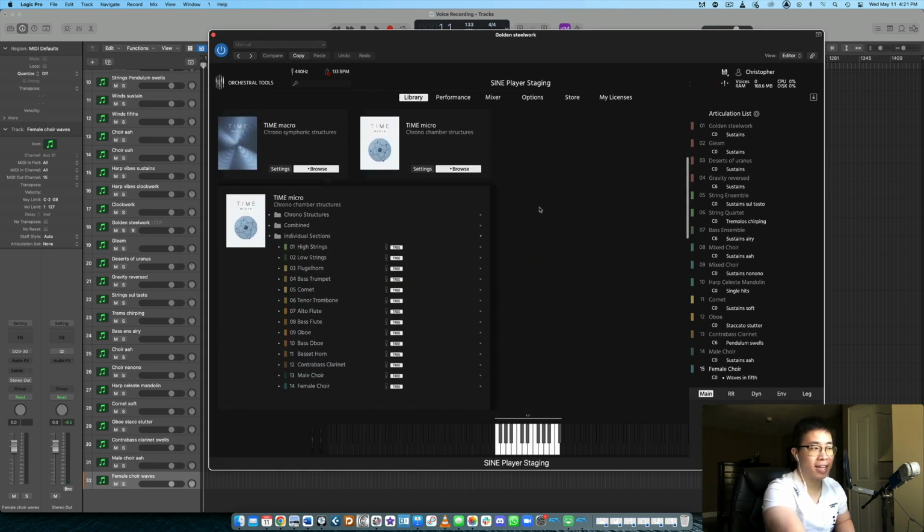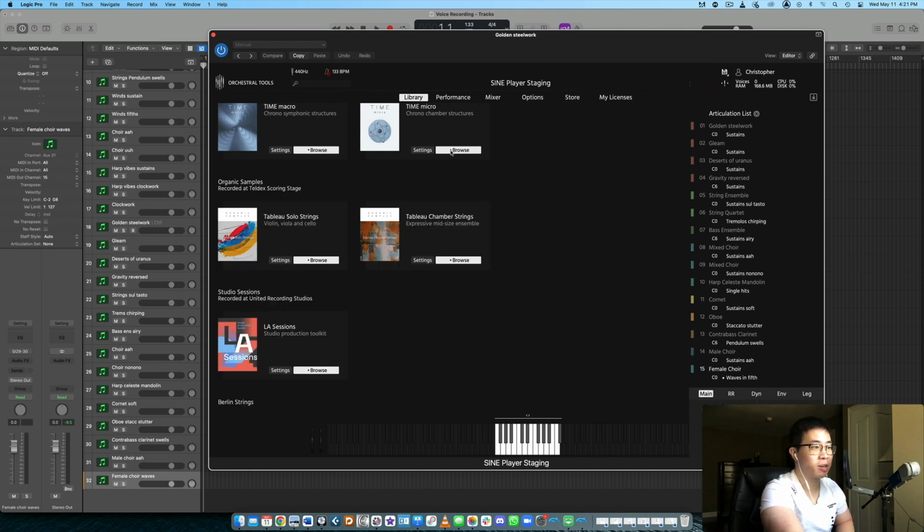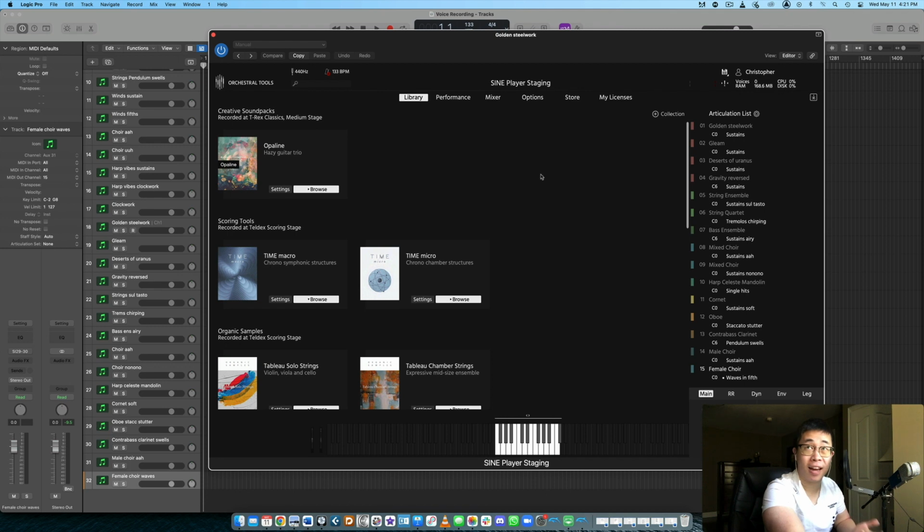And there we go. That is a bit of Time Micro as well. And of course, we didn't have time to go through every single articulation. I just wanted to go through one or two of some of these sections here. But first of all, I just want to apologize for the clacks, the crackles, the distortions you might have heard